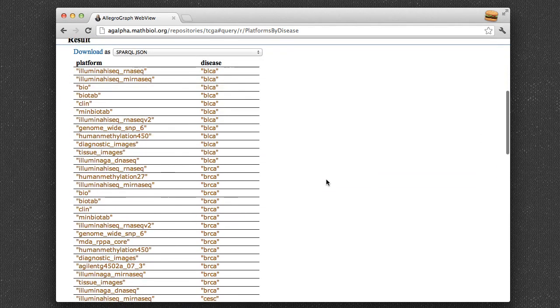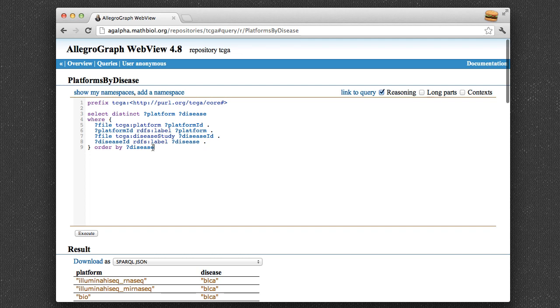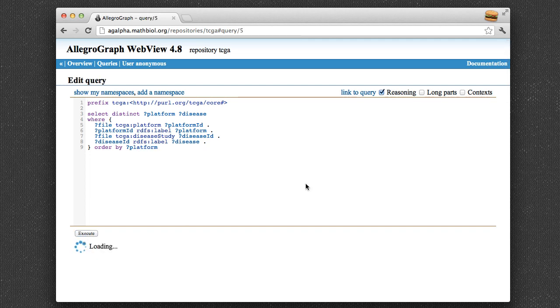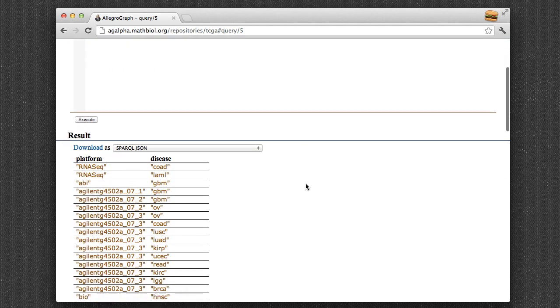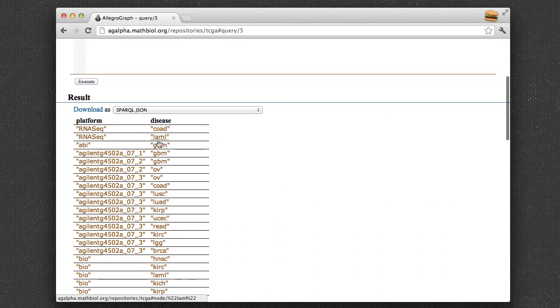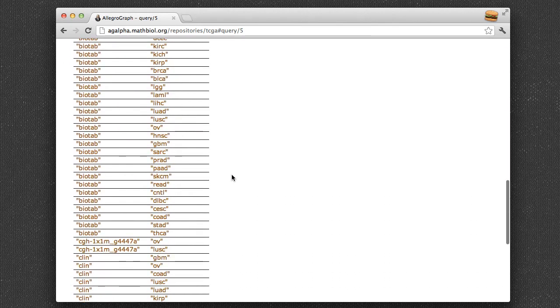Here we see the results of that query, and we can see that for the breast cancer, for instance here, we can see the list of platforms that have data available for that particular disease. If we chose instead to order these by platform, then we would see which diseases have available data for a given type of platform. In this case, RNA sequencing only has 2 diseases with data available, whereas